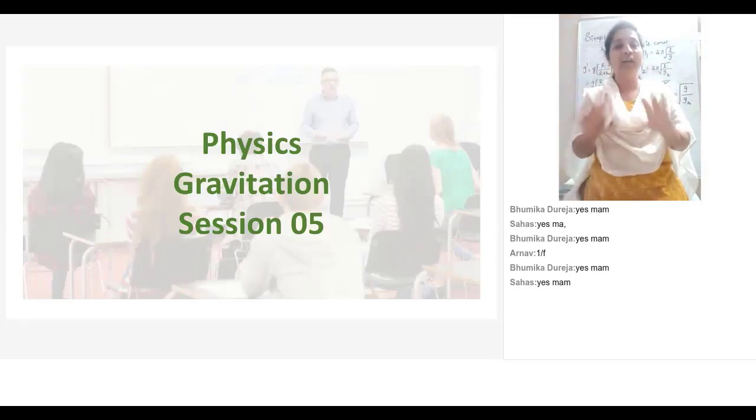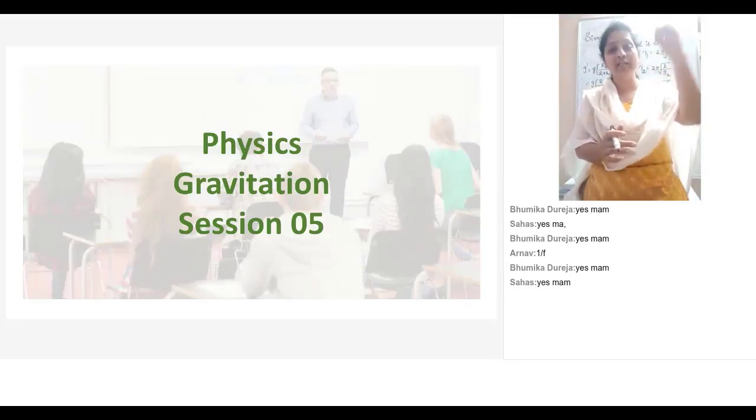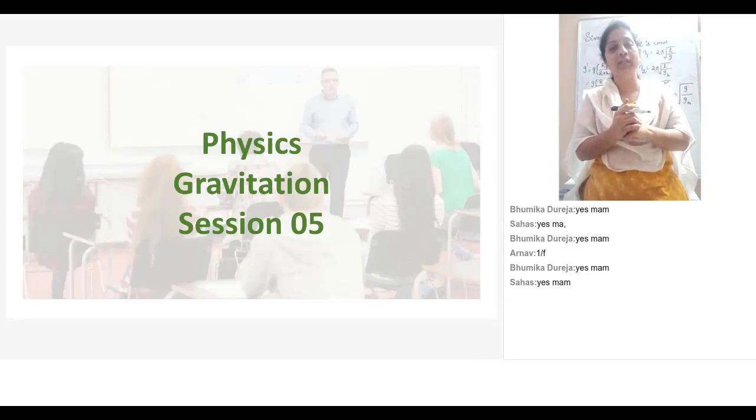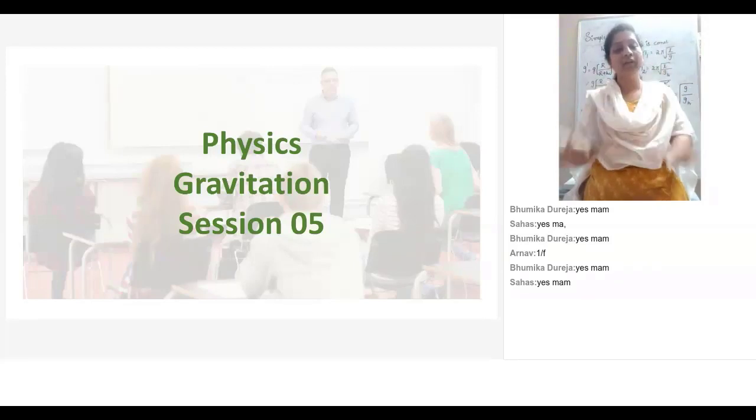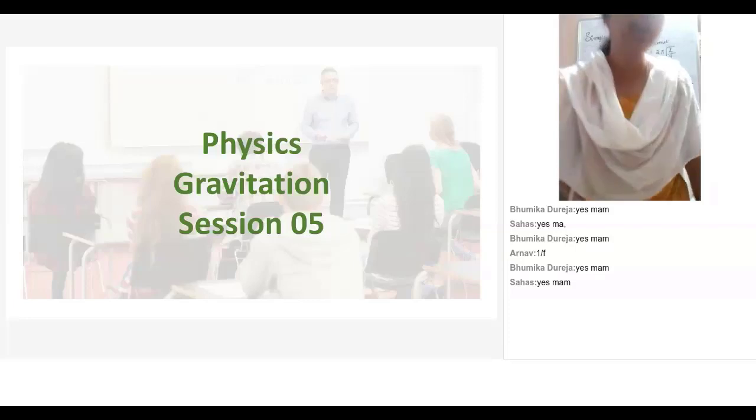So actually, when you analyze the situation, you can understand pretty well that as the G value decreases as we go above the surface of the Earth, the time period value changes because time period is seen to be inversely proportional to the square root of acceleration due to gravity. So as G decreases with height, there is a chance that T increases. That is one way of analyzing the question, and mathematically to find.